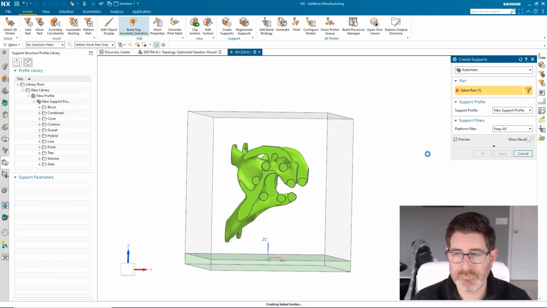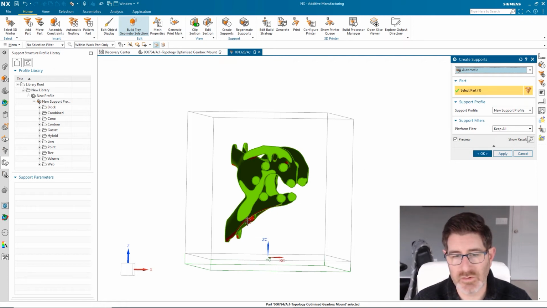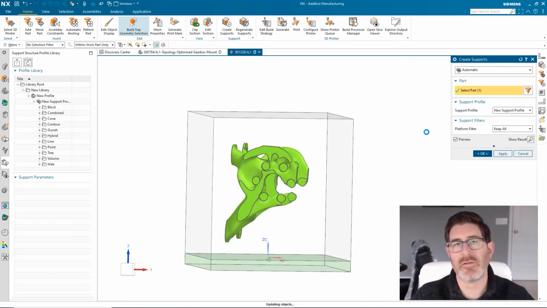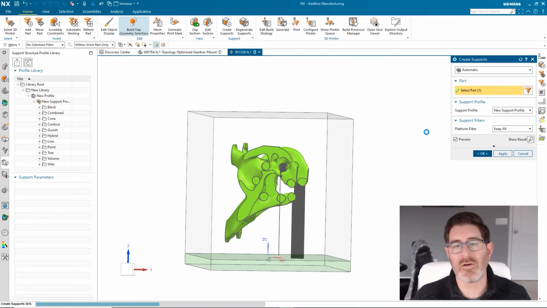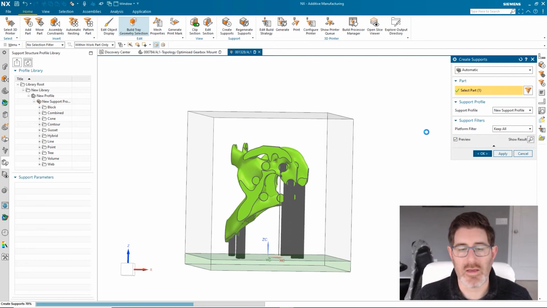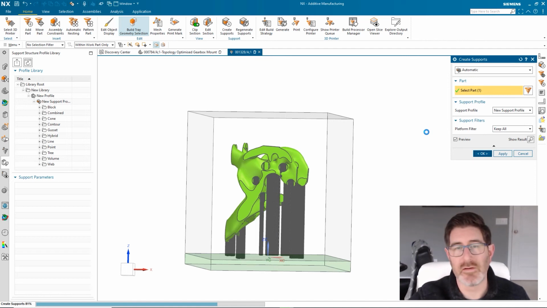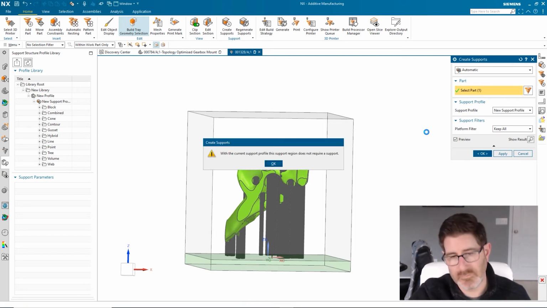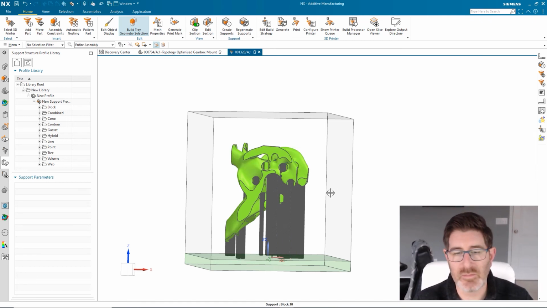So I'll select my part. I will get a preview, basically showing me these red areas down here where the part needs to be supported. And I'll say OK. And the system's going to go through and create support structures for my part so that when this part is printed, it's not going to sag or distort or have any effects of gravity on it, like you might see if you didn't support it properly. Now, it's not going to maybe support all of those red areas it showed me. It's going to do a further analysis once I hit OK, further analysis in the preview. So I may get a warning here saying that some areas didn't actually need support. Yep, just like that. But now we have a completely supported part.